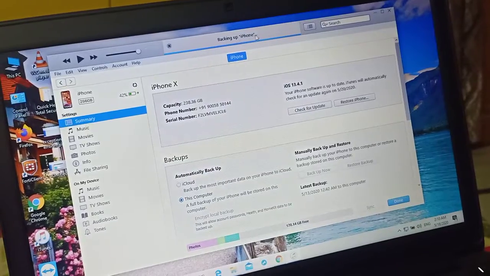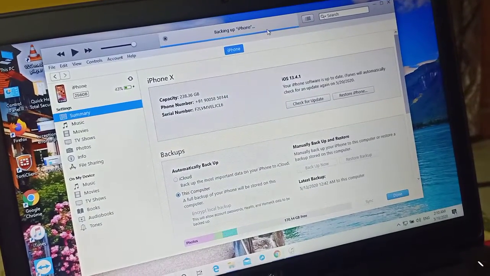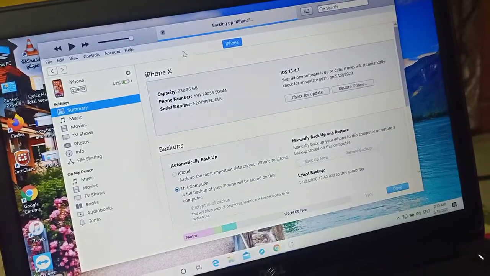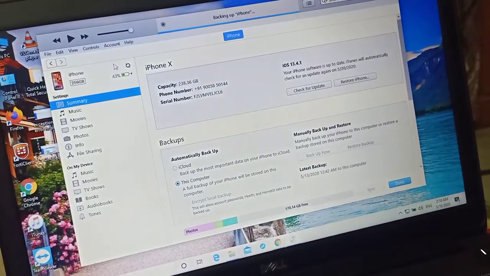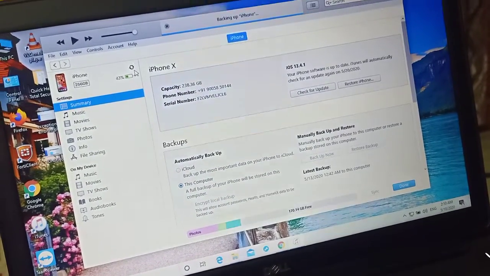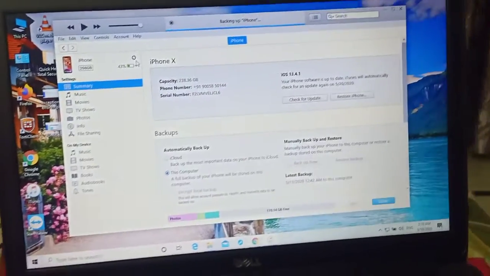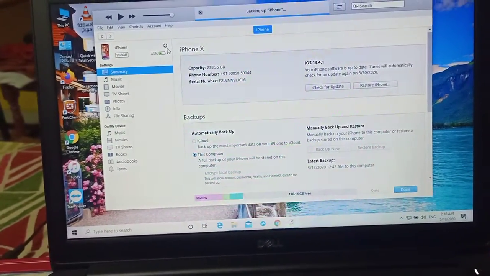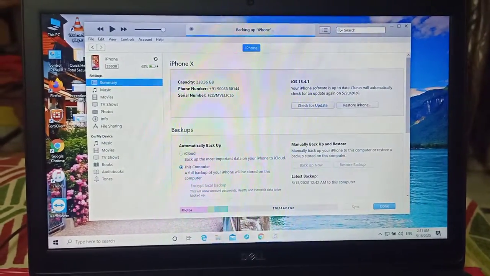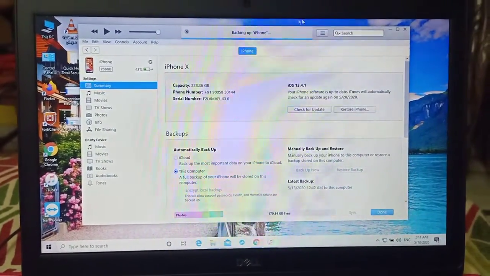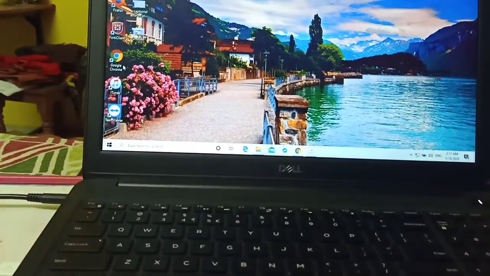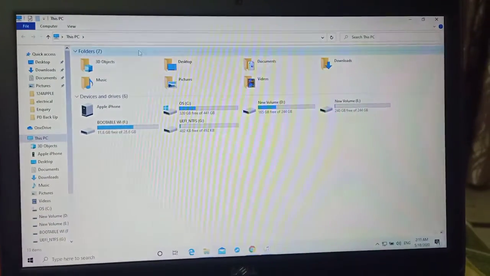Now you can see the backing up of iPhone has started, right? And you can see this is moving. It means iPhone is backing up in this Windows laptop. And now you can minimize this iTunes, then you open it,